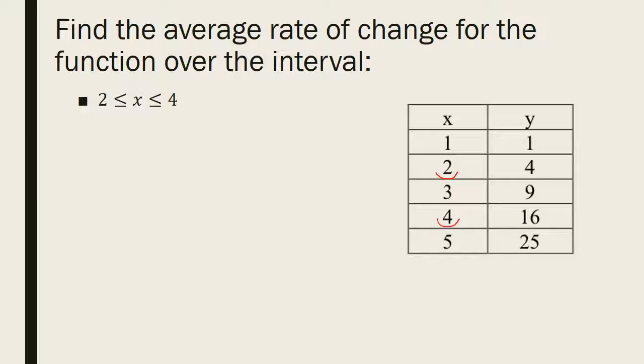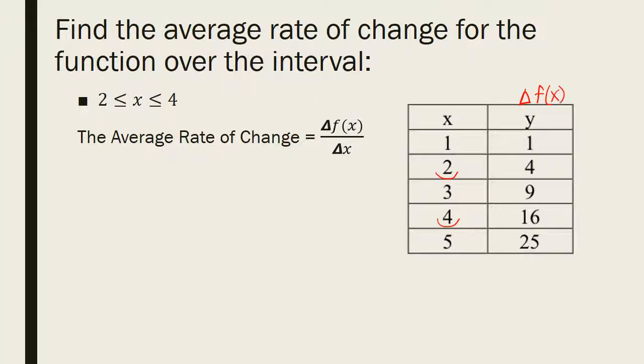I know that the average rate of change is the difference in f of x over the difference in x. I know that y represents f of x. So the difference in f of x is going to be the difference in the y. I'm going to have to subtract 4 from 16, and 16 minus 4 is 12. And for the difference in the x, I'm going to have to subtract 2 from 4. 4 minus 2 equals 2. So now the rate of change is going to be 12 divided by 2, which is going to be